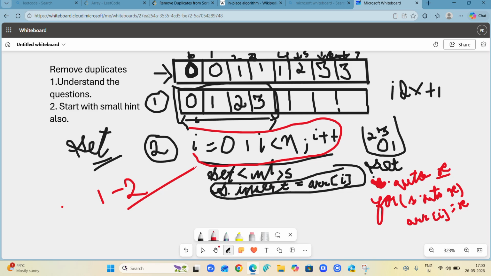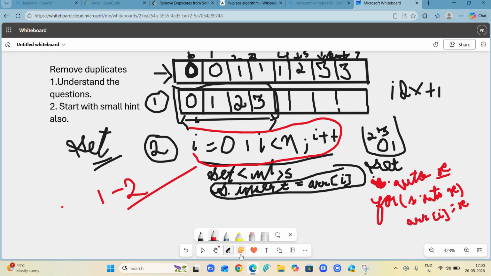LeetCode ones are not fools, they are very smart. They also know that if they create such a simple problem, the students are going to use the set data structure, and after using it they are going to simply iterate it and replace it. They are also very sharp, bro.